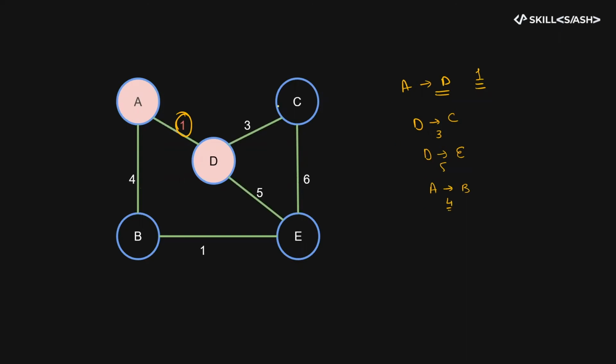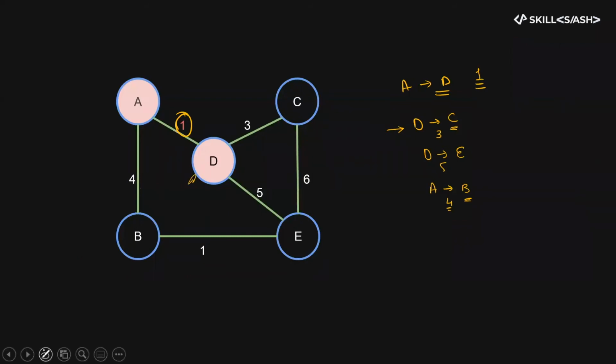So as you are going greedy, you'll choose the weight which is the least one, because in all the cases you are going into a new node only. You are traversing a new node only. So any of the options you choose, it will give you a spanning tree only. The point is, which will result in the minimum spanning tree. So because of the minimum one, we are going for the,